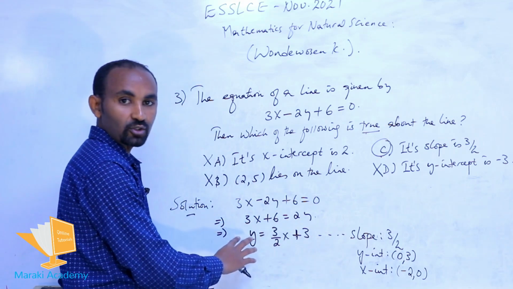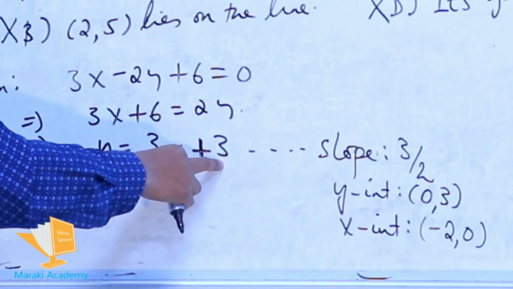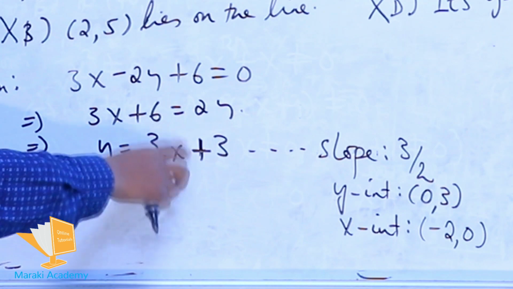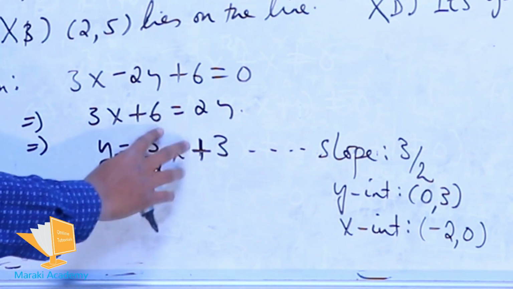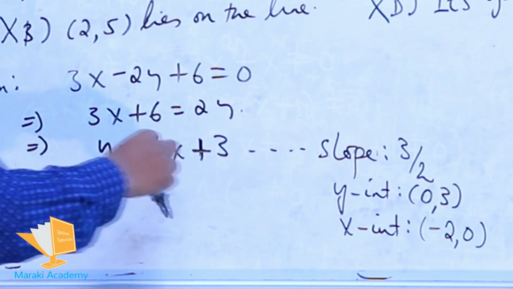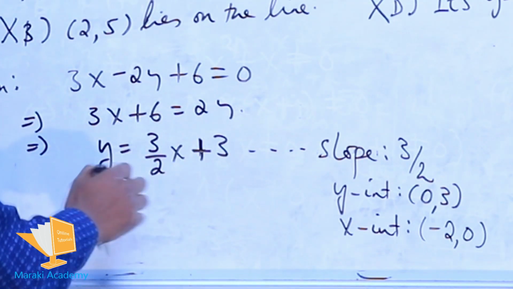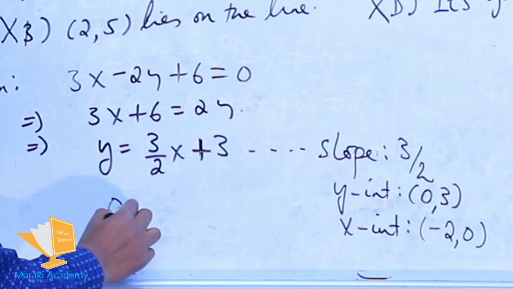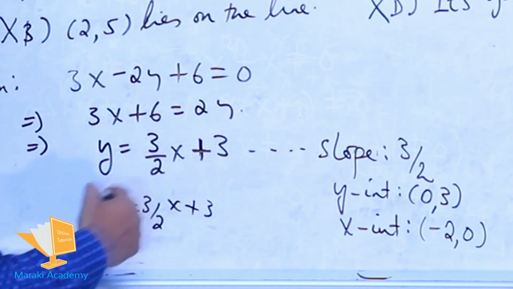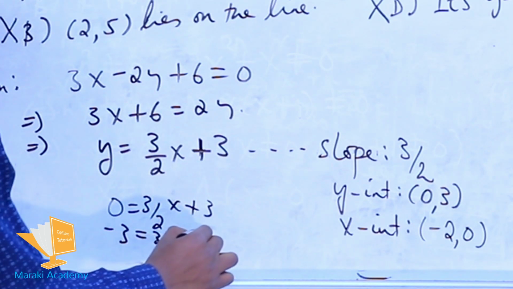after we write the equation in this slope-intercept form, the slope is 3 over 2 and the y-intercept is 3. That means when x is 0, y is 3. When we make x 0, this part becomes 0, and y is 3 automatically. That is how we get the y-intercept. To find the x-intercept, we set y to 0. So when y is 0, 0 equals 3 over 2x plus 3. So if you take it to this side, minus 3 equals 3 over 2x, which means